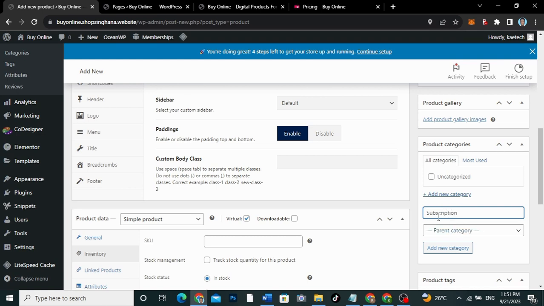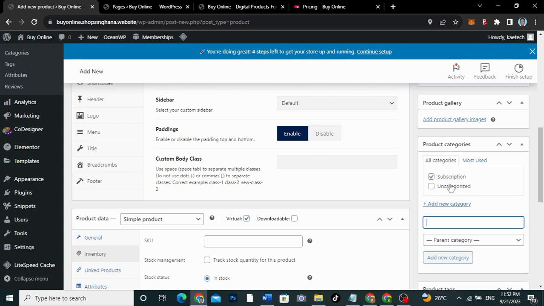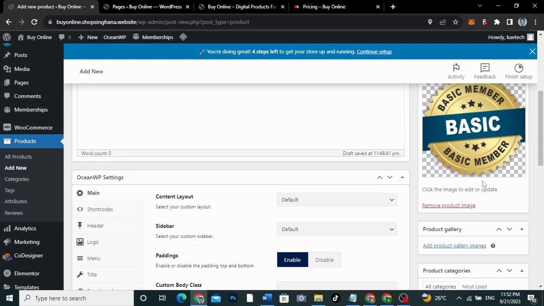over here. Okay, so subscription, I hope the spelling is correct. Yeah. Okay, so I'll just click on add new category. So the category is under subscription. I'll click on add new category, and then